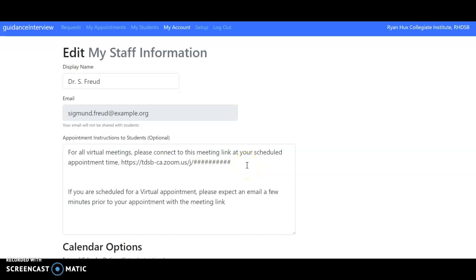Okay, here are two examples of instructions for students you might like to use if you're holding virtual meetings only. This first example is for counselors who have a dedicated meeting room. So that means that you have a Zoom link or a Microsoft Teams link or whatever it is where you'll be holding all of your appointments. So all students will be going to the same link. So you could say something for all virtual meetings, please connect to this meeting link at your scheduled appointment time